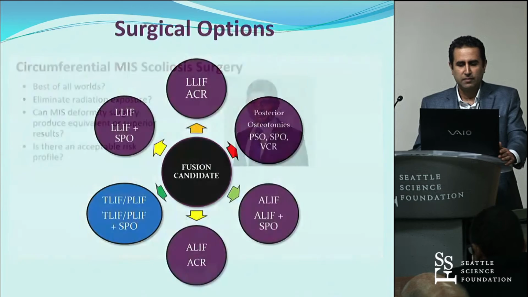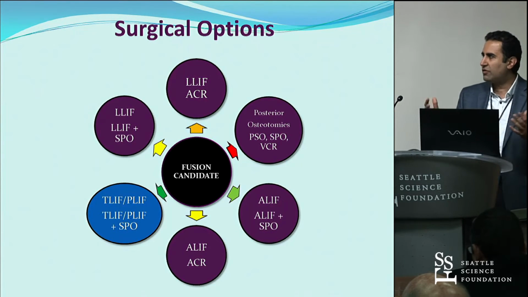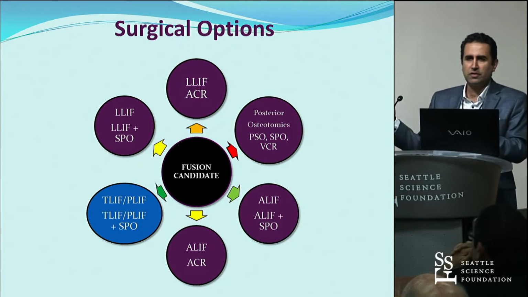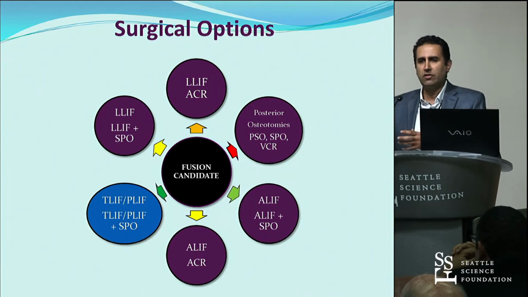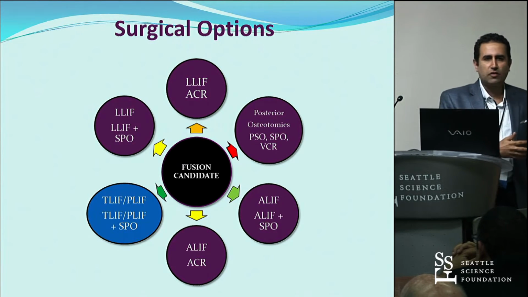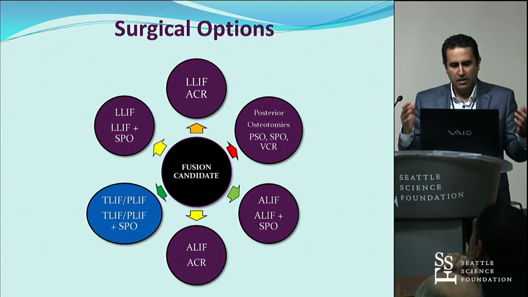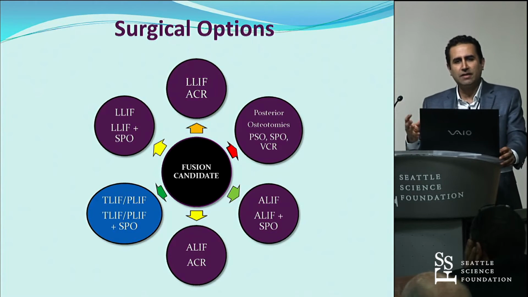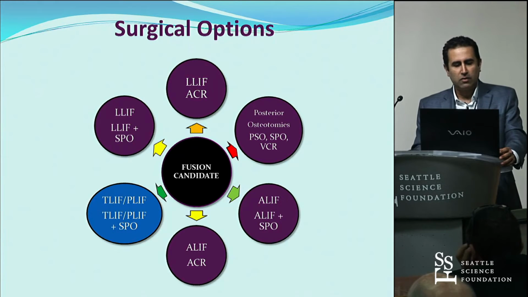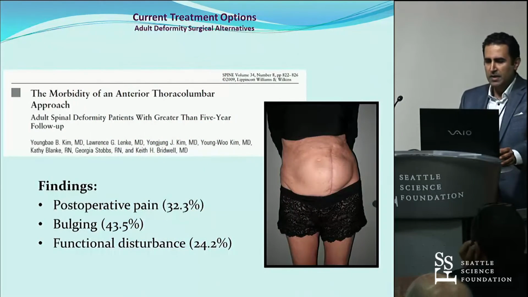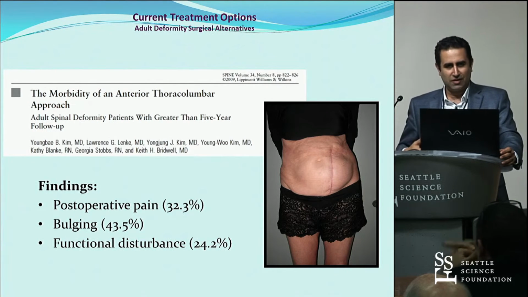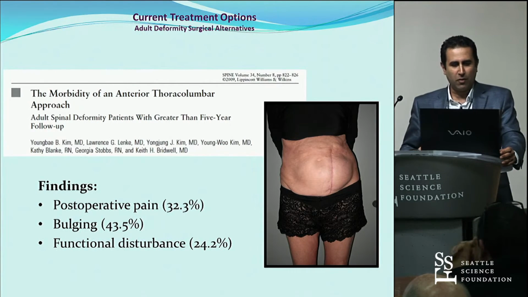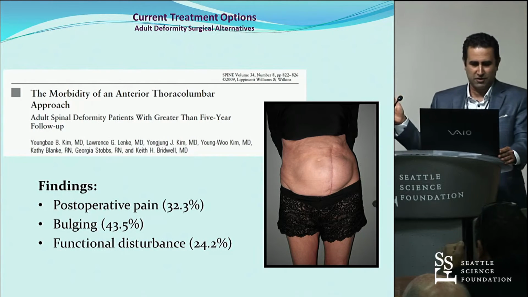So we've addressed this in terms of surgical options. You have your posterior osteotomies, you've got your regular lateral interbody fusion, you can marry that with an anterior column release, you can marry that with a posterior column osteotomy, Smith-Petersen, Ponte, whatever you want to call them. You can add in the ALIF and the anterior column release ALIF, and altogether, these are the options to correct this deformity. The problem with your classic traditional open anterior thoracolumbar approach was that it was associated with horrible complications,